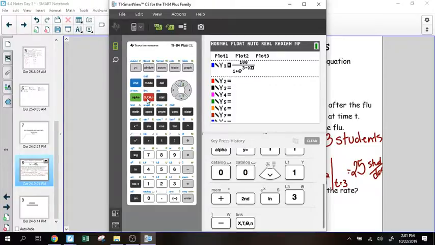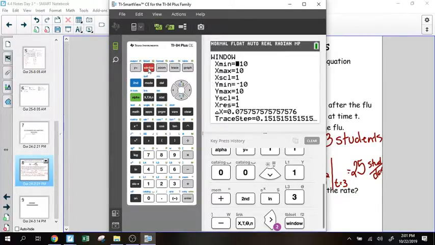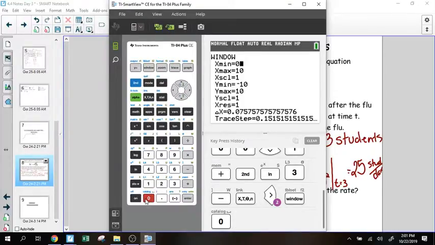Okay. And then it comes down to setting my window, right? So there's, first of all, just some things we have to understand about the whole logistic growth thing. Our variable is time, which is your x-axis, and time would start at 0 days, right? That's initial. So as I go to set my window, I would want my x minimum to be 0 because we're not going to look at any graph less than time equals 0. The maximum of it, in logistic growth, you find it does not take long to hit that maximum. So that's going to be kind of a guess and check, but that picture that I drew at the beginning,